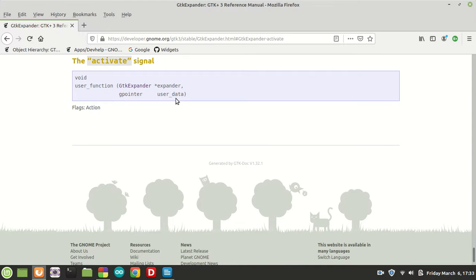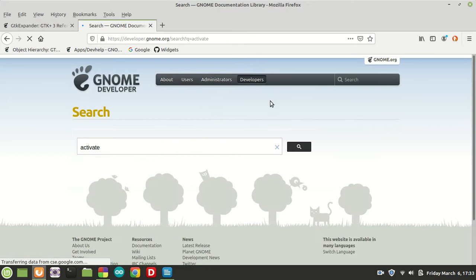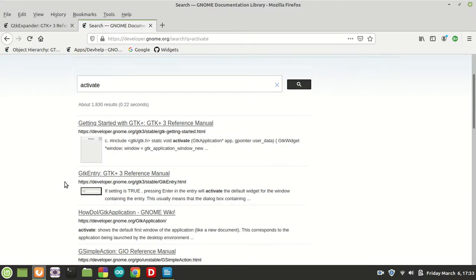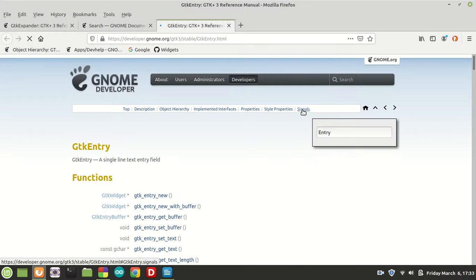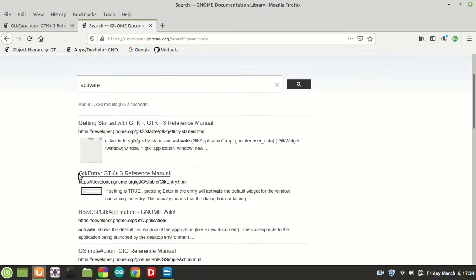Okay, so the activate signal says it is a signal, we have no information, but if you search for it, I think, like I said, you find it in a lot of widgets. GTK button has it also, but they don't let you use it. I mean, not that they don't let you use it, but it will be used internally. So let's see, entry has it, and it means when the user hits the enter key or space, but in this case enter. So the entry has it,